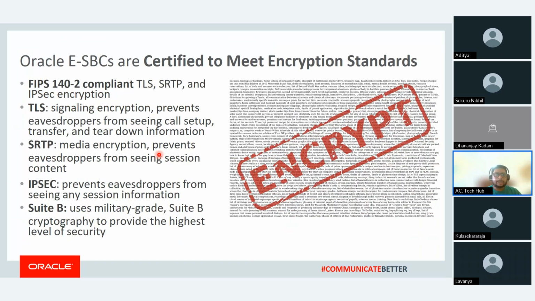And then these are some more encryption standards which you might be aware of: TLS, SRTP, IP security tunnels, which you can configure to achieve more authentication, encryption, secure RTP encryption, and you can create security tunnels to integrate your